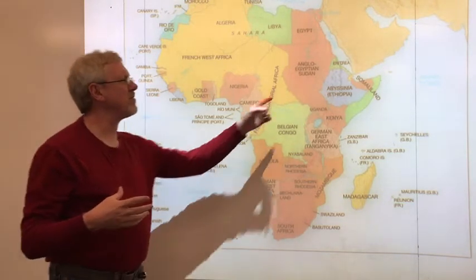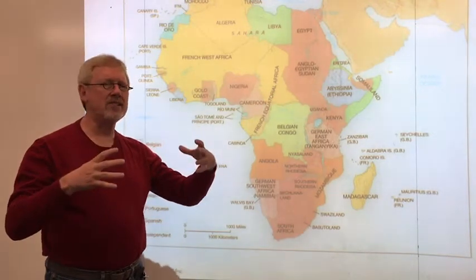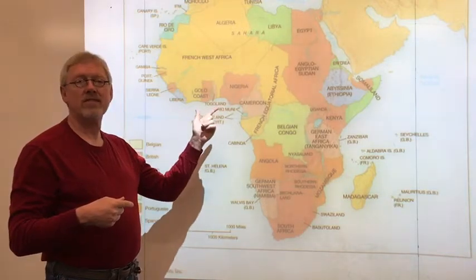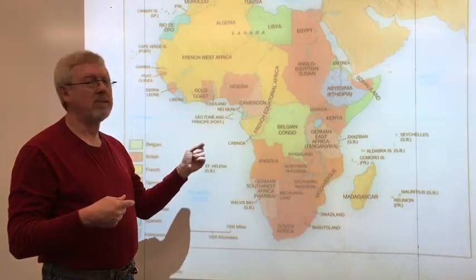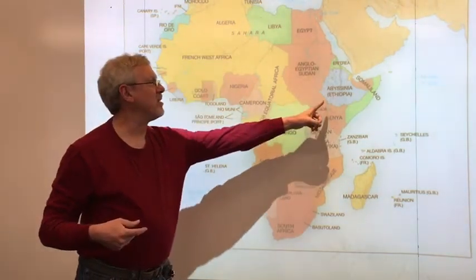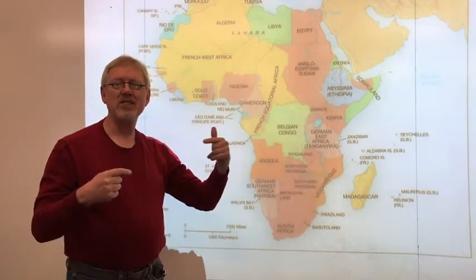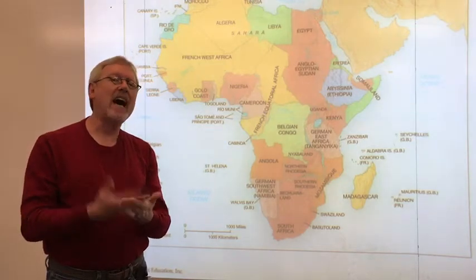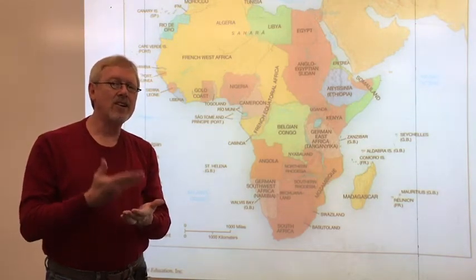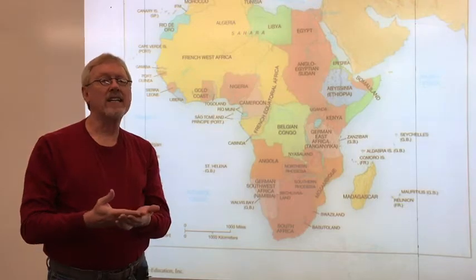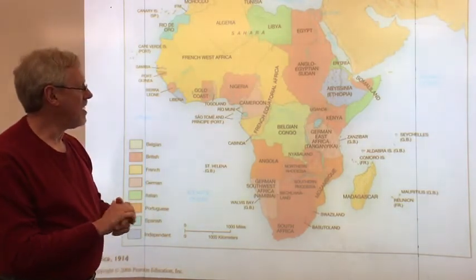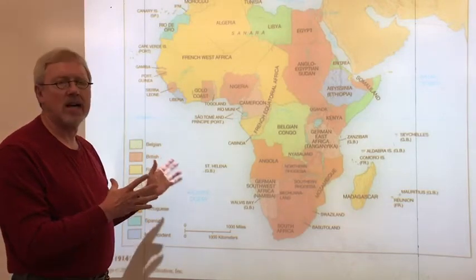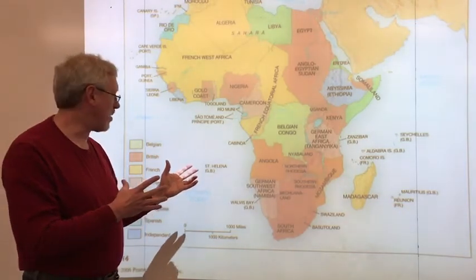partially by virtue of the fact that it's highlands, it's a little bit isolated, but they actually are able to pull off the only military defeat in this whole era of a European power. Italy is going to try to claim Ethiopia, and the Ethiopians under a far-sighted monarch, are going to arm themselves, and they'll actually defeat Italian forces in a battle in the late 1800s. But the rest of Africa, every part of it, will become dominated by a European power.